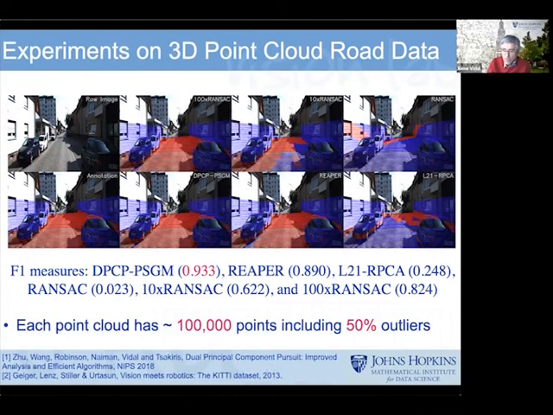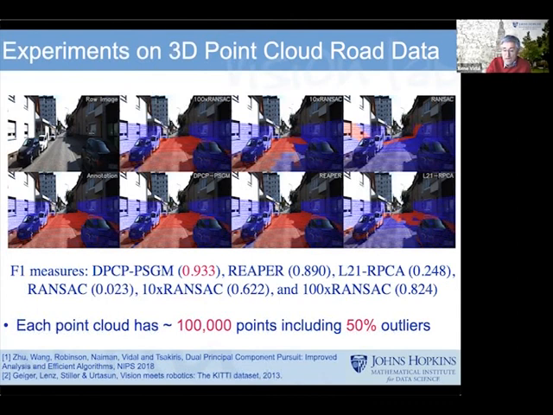But then you can also assign points to the plane or not. So are they inliers or are they outliers? And you typically declare them to be an inlier if the distance to the plane is less than some threshold. And now you can vary that threshold and produce what is known as an ROC curve, right? So as you vary the threshold, you have the false positives, the false negatives, and you can compute these F1 measures, right? And so if you do a good job, meaning that most of the points that you declare to be on the ground are on the ground, and most of the points that you declare to be outside the ground are outside the ground,